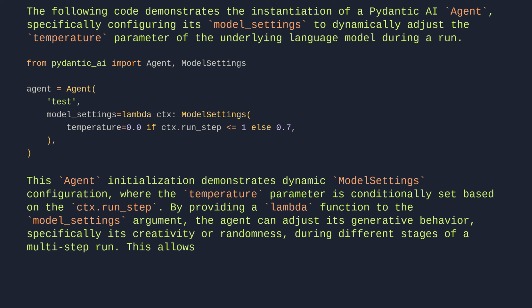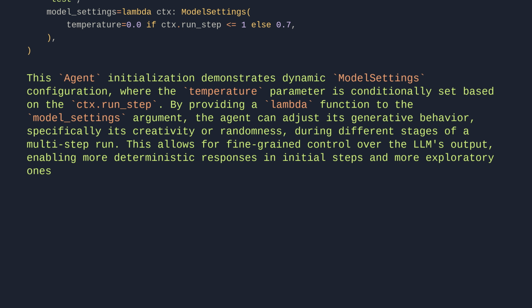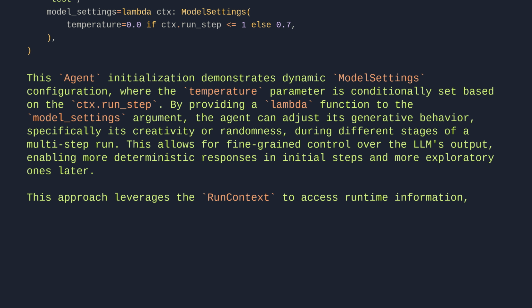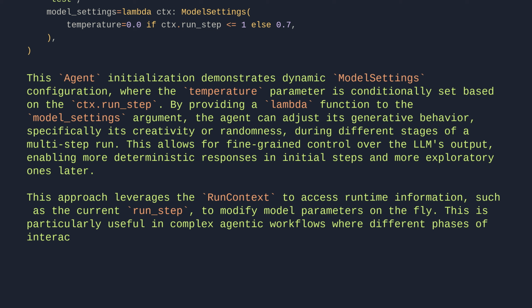This allows for fine-grained control over the LLM's output, enabling more deterministic responses in initial steps and more exploratory ones later. This approach leverages the run context to access runtime information, such as the current run step, to modify model parameters on the fly. This is particularly useful in complex agentic workflows, where different phases of interaction might require varying